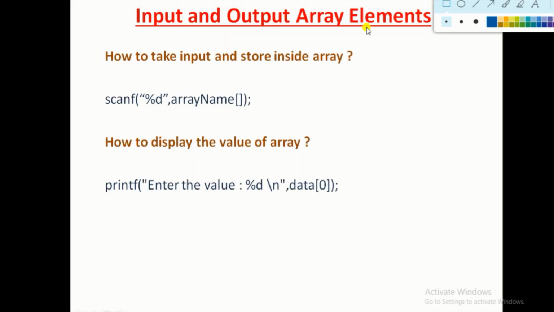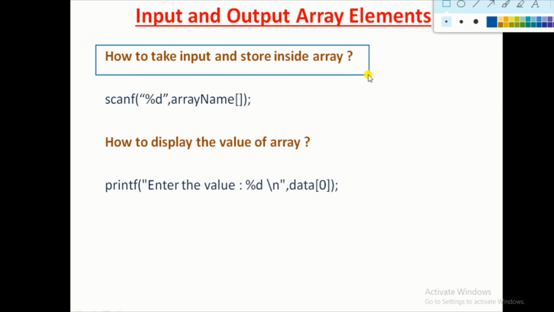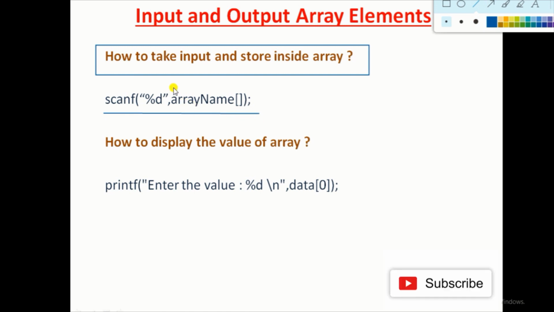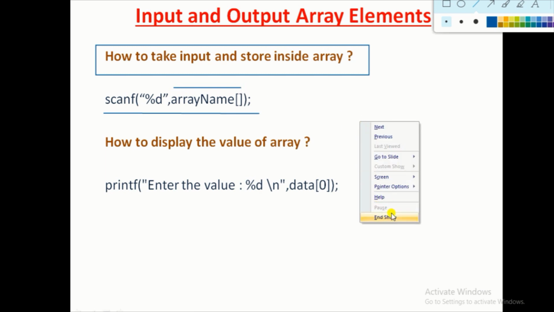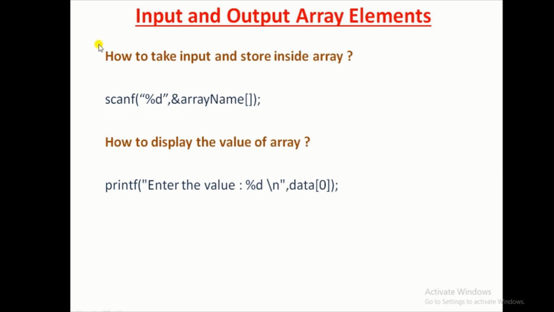So first we see how to take input and store that input inside an array. It is similar to the scanf function we learned before, but here there is one small change: we have to put the array name and the position. If we want to store a value inside the array, it requires the position where we want to store the value. Suppose we want to store the value at position 0 of the array. So we write scanf, modulo division of d, the name of the array and the position inside the third bracket, 0 or 1, whatever you want.